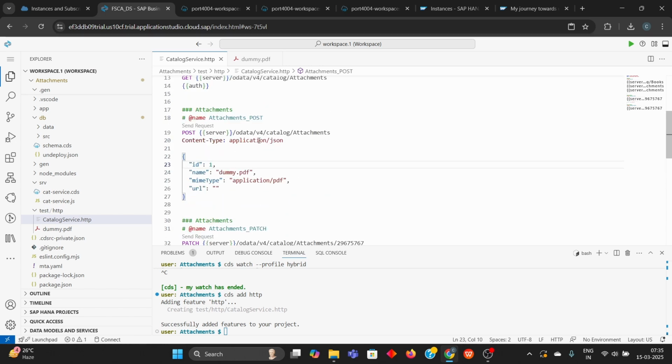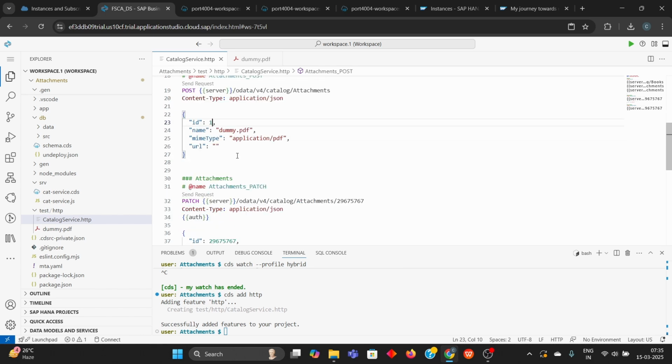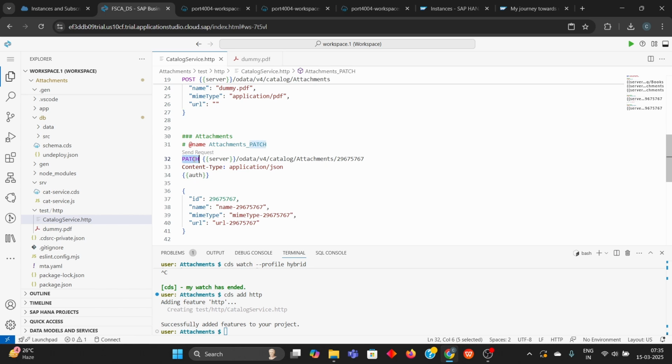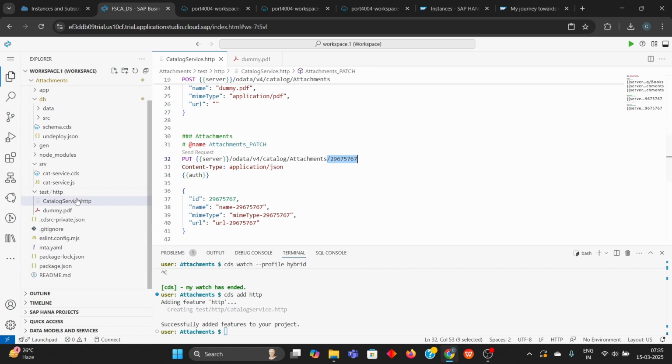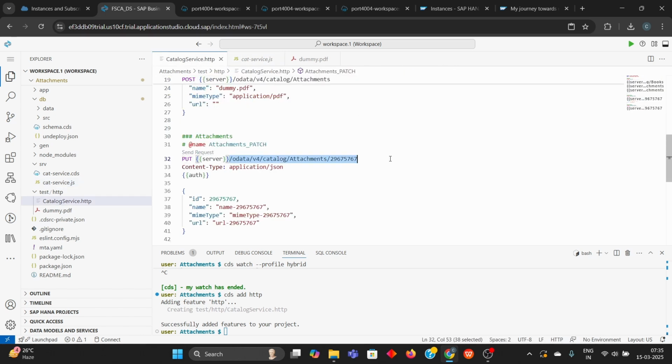So now for posting an attachment, we do it via a two-way procedure. First, we post the other contents, which is the name, MIME type, etc. And then we perform a PUT operation where we post our file content. And that link is similar to the link here. So we are going to copy this link